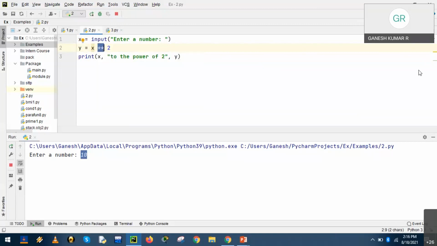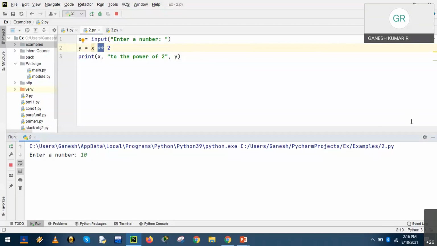So there is no issue in the statement. The prompt, enter a number, is a string, so it is enclosed in double quotes. Either in the second statement or in the print statement, there are no syntax errors. Now enter a number: 10.